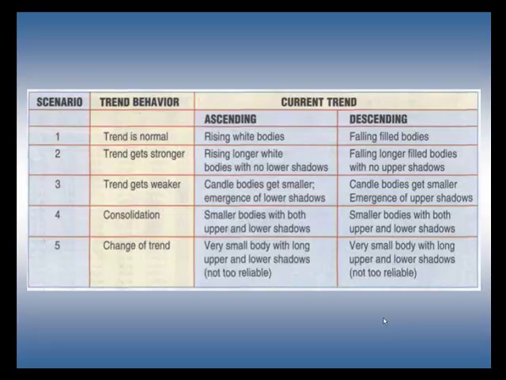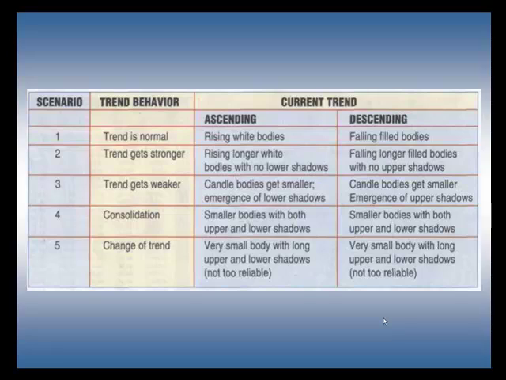So as I was indicating there, when you look at the Heikin Ashi candle, there's a couple things that you want to look at. First of all, a trend is normal. What we want to see is the candles going up or down, uptrend, downtrend, but we don't want to see any shaded bottoms. We want to basically see the bottom continue to move up or the tops continue to move down.